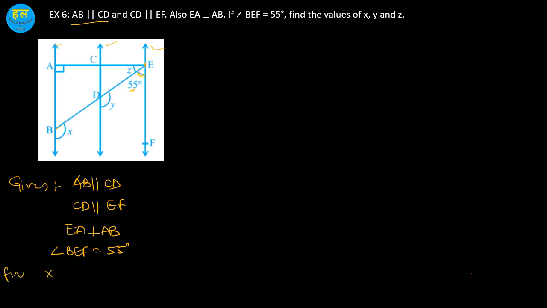Find X, Y and Z. This is the process to attempt any question. Given, then we have to write to prove, then we'll write proof. Okay, so here we can clearly see